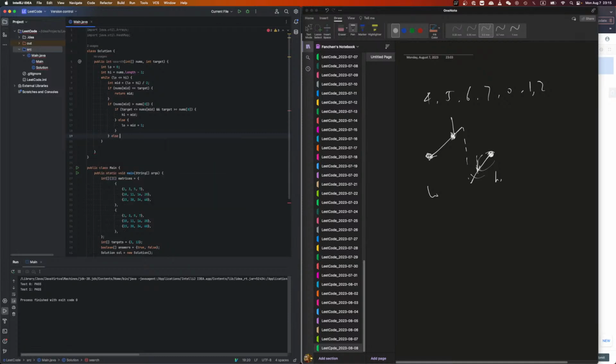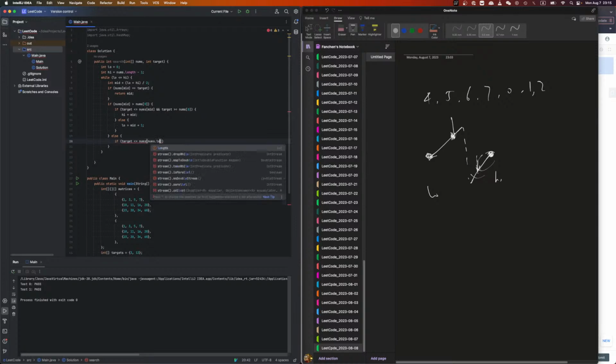Else, nums mid is smaller than this, which means nums mid is not on this side. So we say if target is smaller or equal to nums, nums dot length minus 1. Alright, if it's smaller or equal to this,